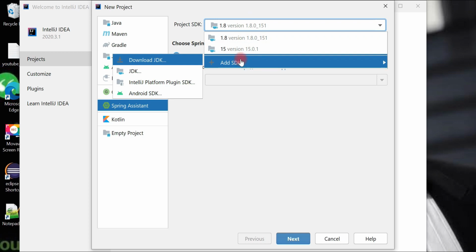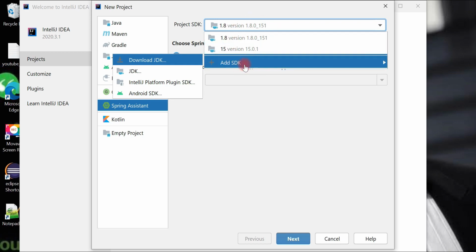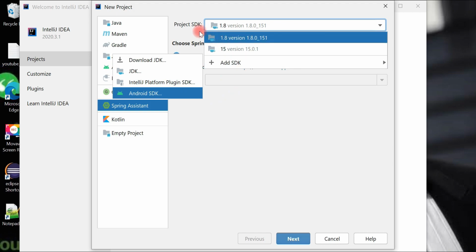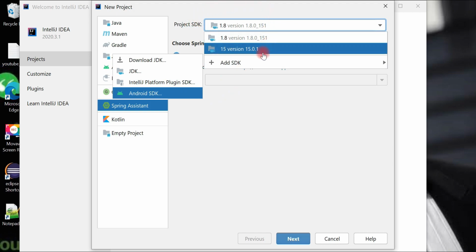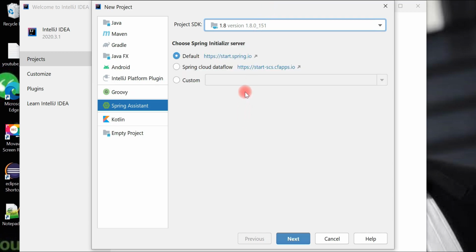If you want to add a different JDK version, then you can use the add SDK option here, and you can also use the download JDK option. So IntelliJ IDEA basically provides different ways you can get the JDK environment. Alright guys, we use this default Spring Initializr option, and go ahead and click on next.